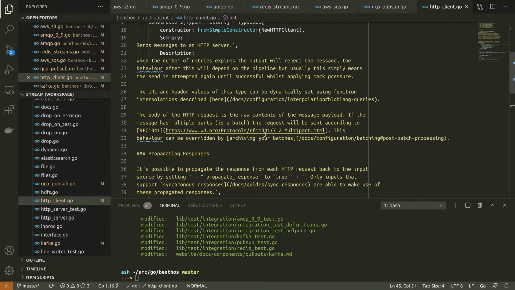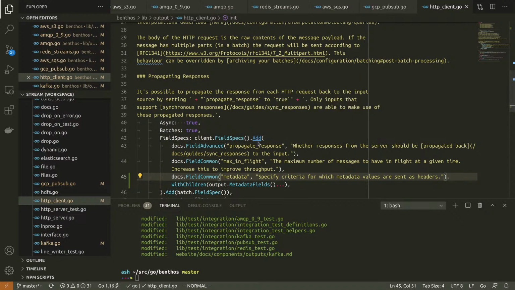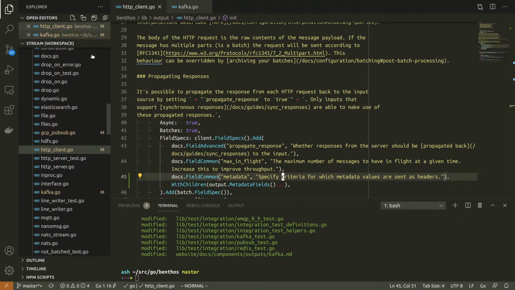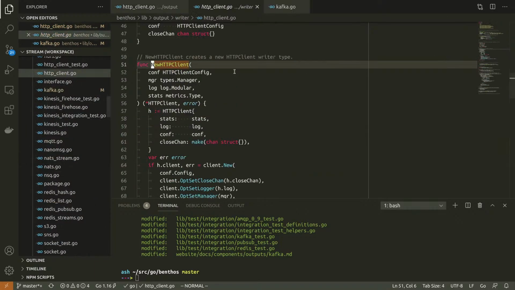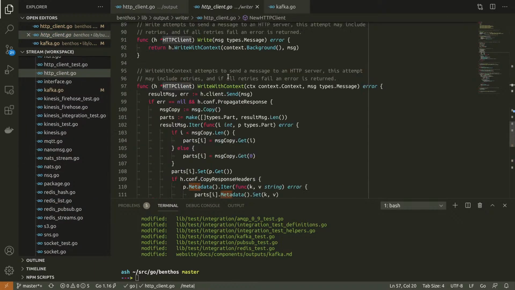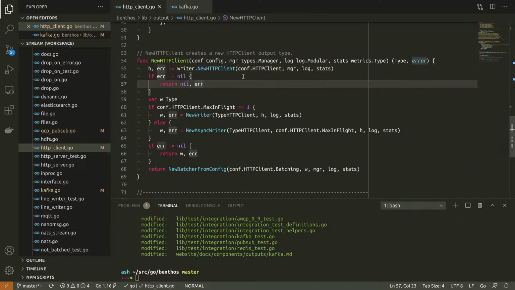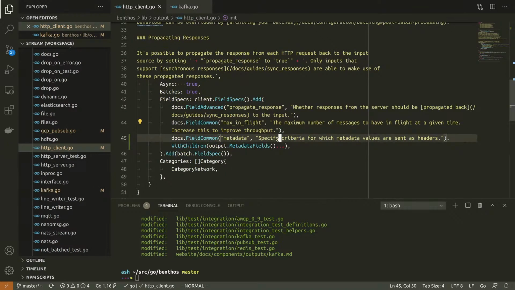There's multiple times. I'm not actually sure if I do automatically send headers. Let's have a look. If copy response headers. Oh, okay, right, so I don't need to add it to HTTP client. I obviously